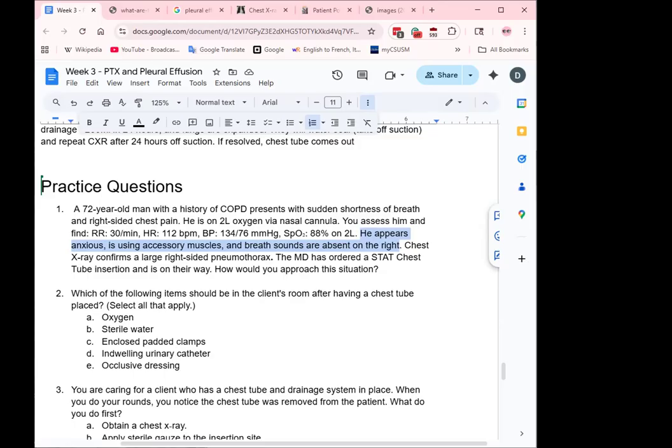Yeah, just monitor the patient. Some of these vital signs can actually just be straight up normal for COPD. But if the patient is having accessory muscle use, that might still be COPD, but the breath sounds are absent on the right. That's a big deal. And you know for a fact that this is a pneumothorax. There's gonna be a stat